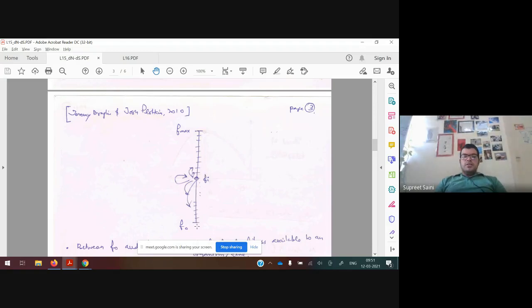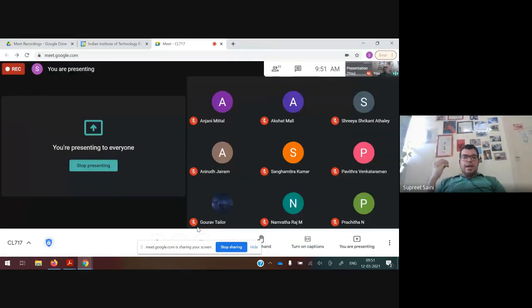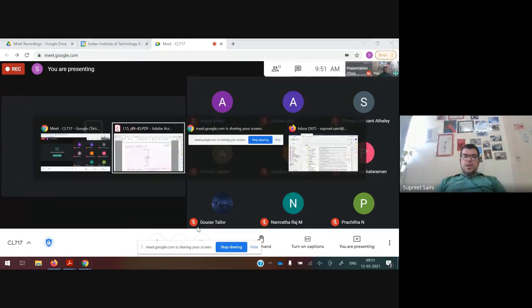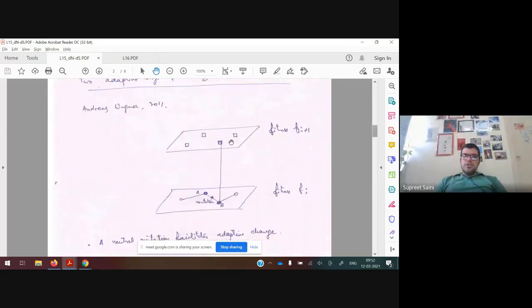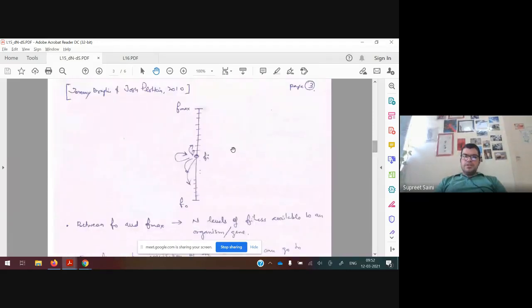I mean, the number of sequences is 4 to the power L, right? And we saw that if you are a particular sequence, the number of neighbors you have is 3L, right? And the number of levels you have is going to be n. So it's possible that there are actually many sequences which have the same possible fitness. So this is one fitness level, and at this fitness level you can have many sequences available, right? Each of these is a fitness level. It doesn't have genotypic information. So there are actually many sequences at this level.